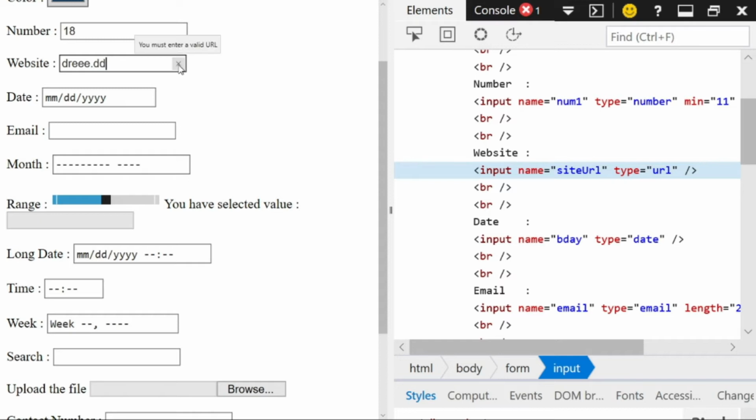You must enter a valid URL. So I will type with the correct protocol. Now when I try to go to the next, it does not show me any message.